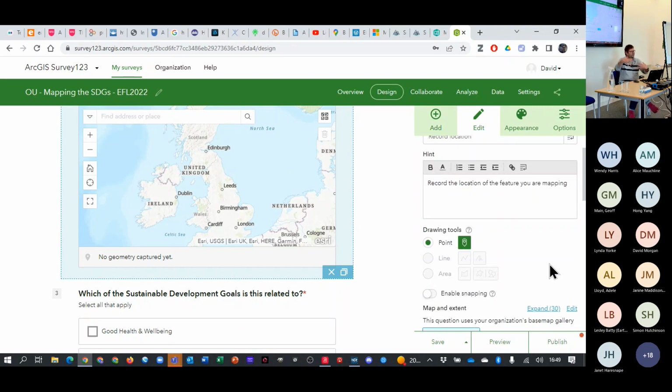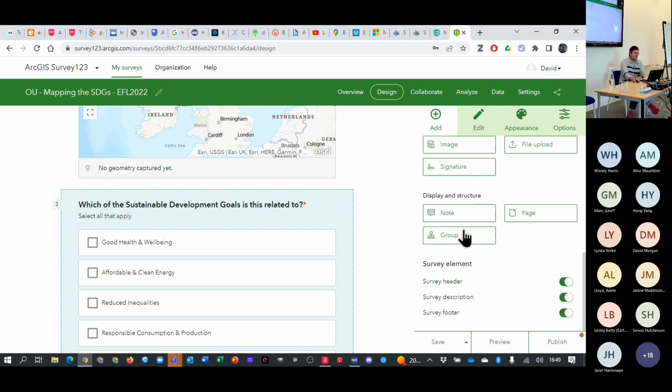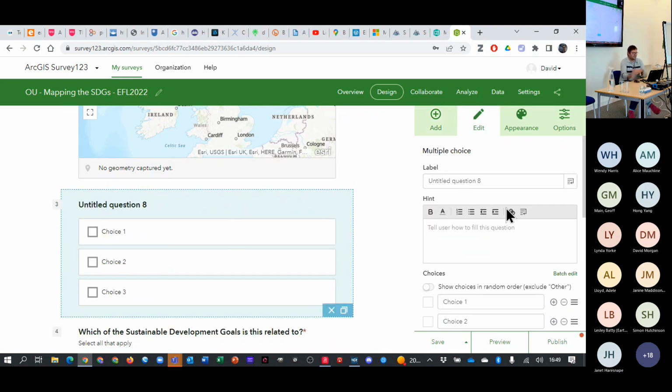So it's going a little bit further than perhaps the EXIF information on my phone or my camera might. I can say, okay, this photo is of this area, or it is of this linear feature, not just this point location. And every one of these questions is just a question type from the list of questions, dragged over and dumped in,